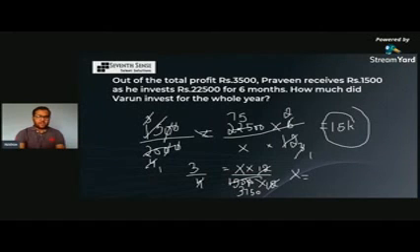How is it 20,000, Nitish? I'm just finding out the investment of Praveen. So X will be equal to 3750 into 3 times. So 3 into 3 is 9, which is 9